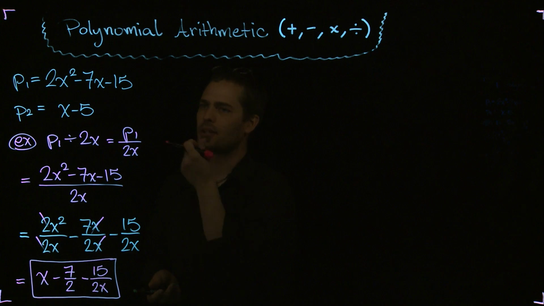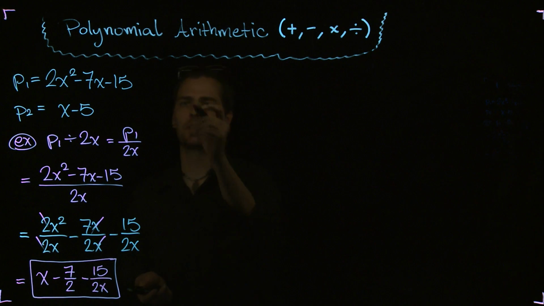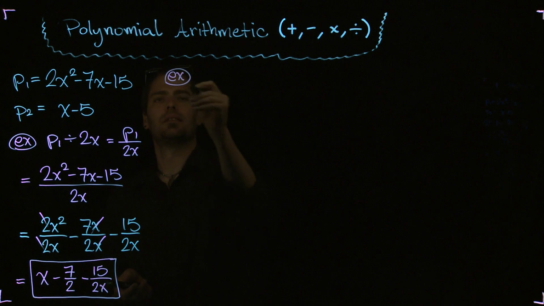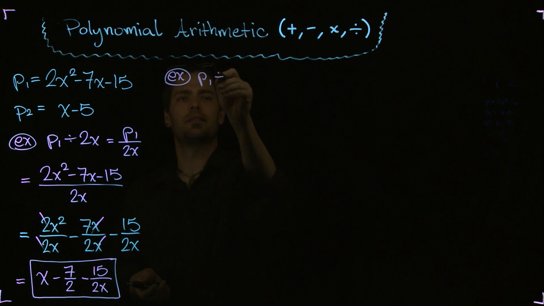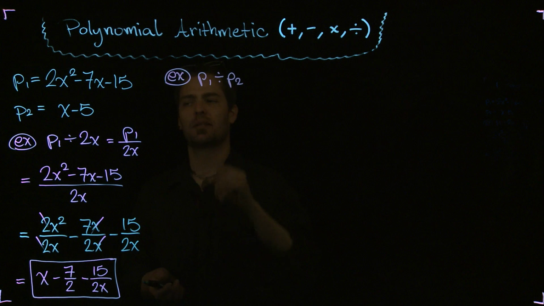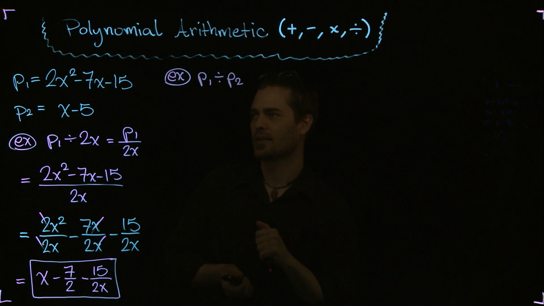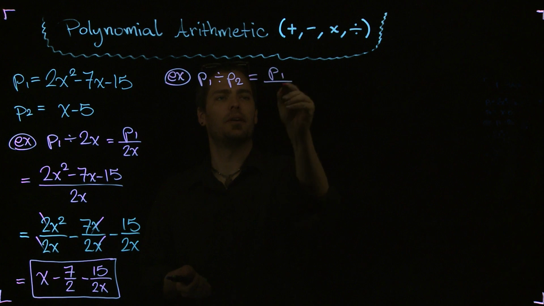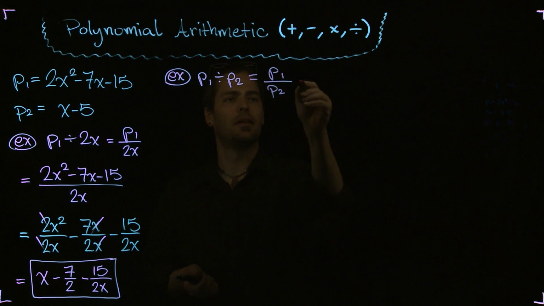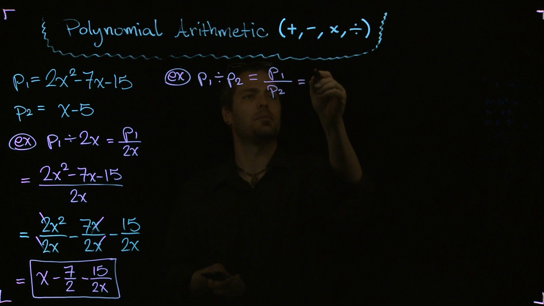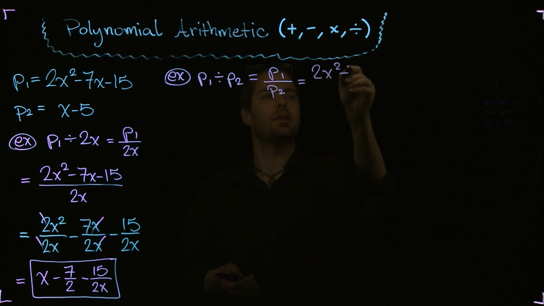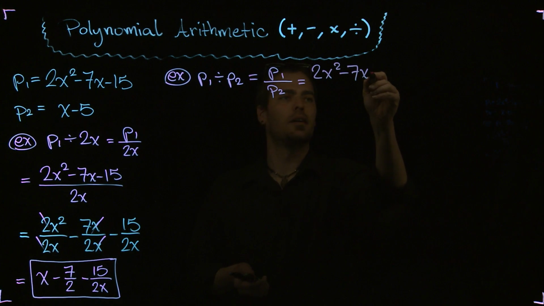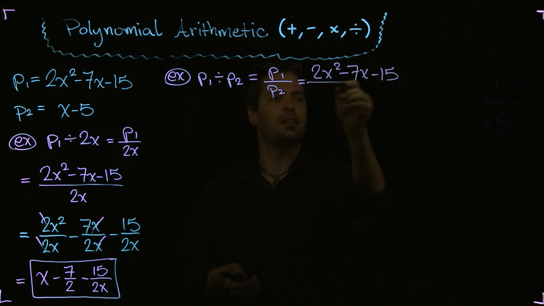Okay, let's try this one. Let's try P1 divided by P2 and take a look at what that looks like. Again, I'm going to rewrite this as P1 over P2 and go from there. So here's my 2x squared minus 7x minus 15 divided by